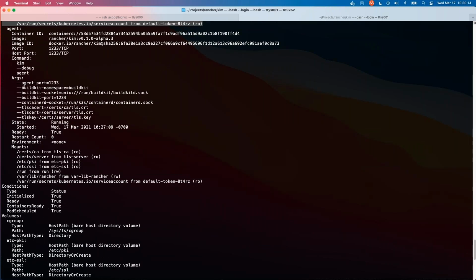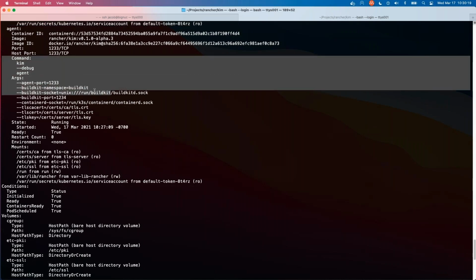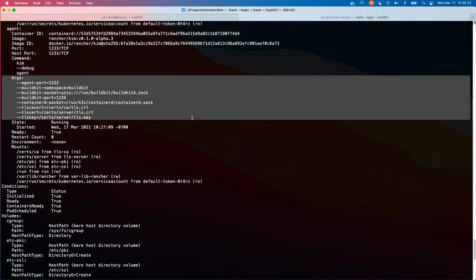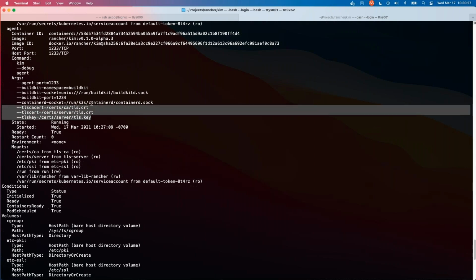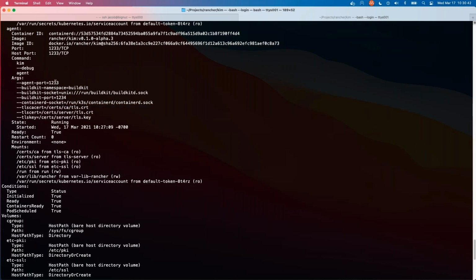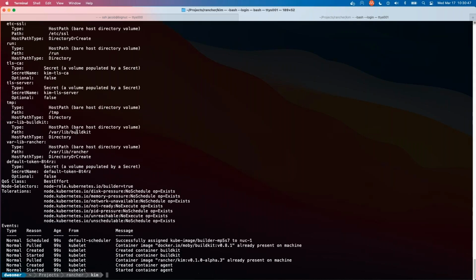Okay. And now we've got the Kim agent installation. I have it running as debug because it makes it nice to see when problems happen, but a very similar configuration for the TLS certs. But I'm also telling it, this is where you need to talk to your containerd socket. And I'm also telling it how to talk to BuildKit. I'm also telling it, when it goes to install BuildKit, this is the port it should be using, and this is the port it should be using for itself. So maybe that's a little bit too much detail in the pods,